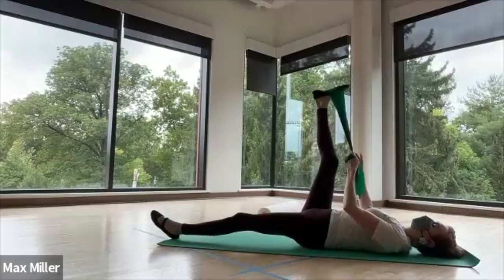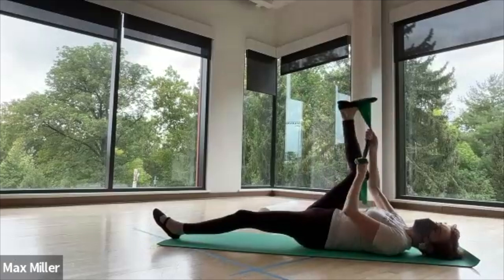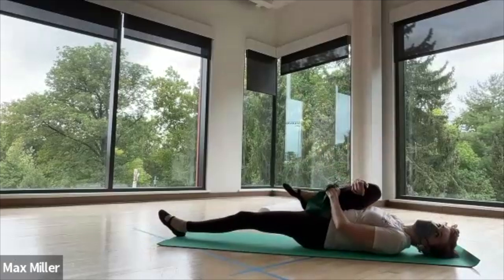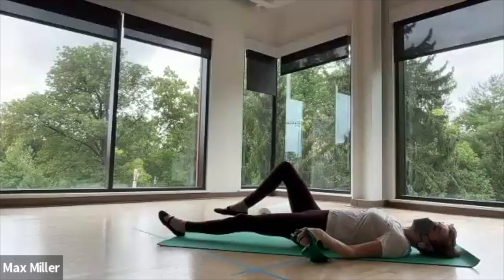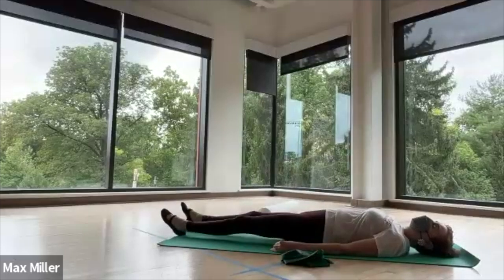So lift the leg up. Give it another little pull here. Stretch the back of your leg. And then fold the knee into your chest. Embrace it in nice and tight. Hug it in. And the left leg still reaches forward, directly out of the hip. Now we'll release the right leg forward, bend to the side, and just shake out those legs, and then relax